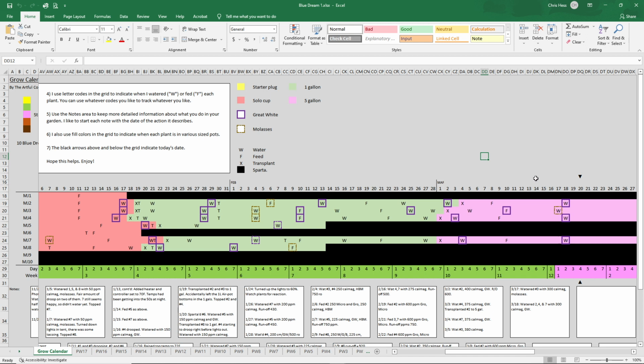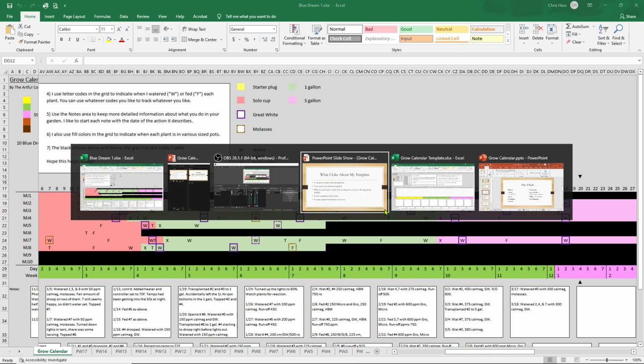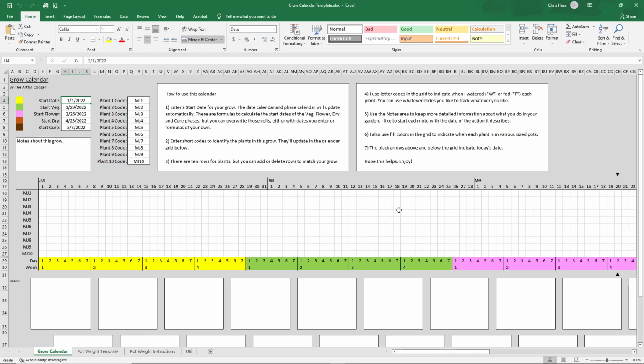Okay. So I think that's pretty straightforward. Obviously, if you have any questions, you can ask me either in the Discord or in the comments. But just to show you quickly some of the cool stuff about how you set up, I'm going to go to a blank template. And the only things you really need to add when you set up the first time is you put in the start date, right? So today's the 20th. So I'm just going to put in